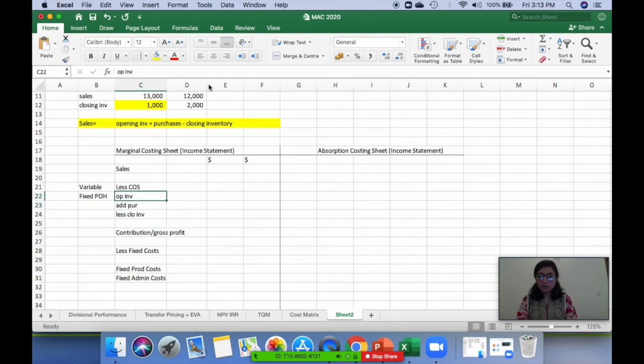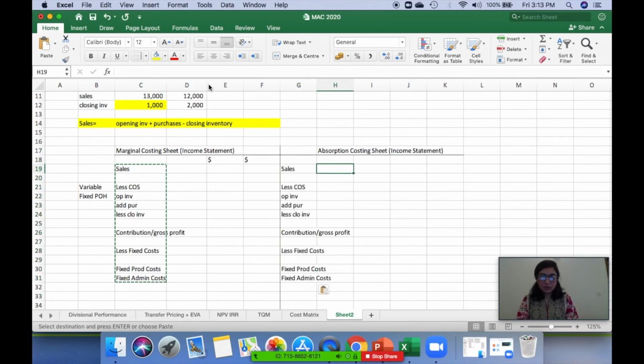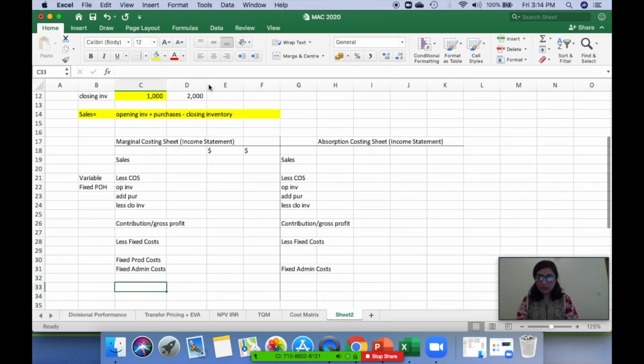Or what I could do is copy all this for your clarity and paste it here. It'll be easier so that I can eliminate a few things that are not needed here, right? And then we have obviously the net profit. The net profit is what you get when all costs are deducted from revenue, ultimately. So again here will be the net profit.